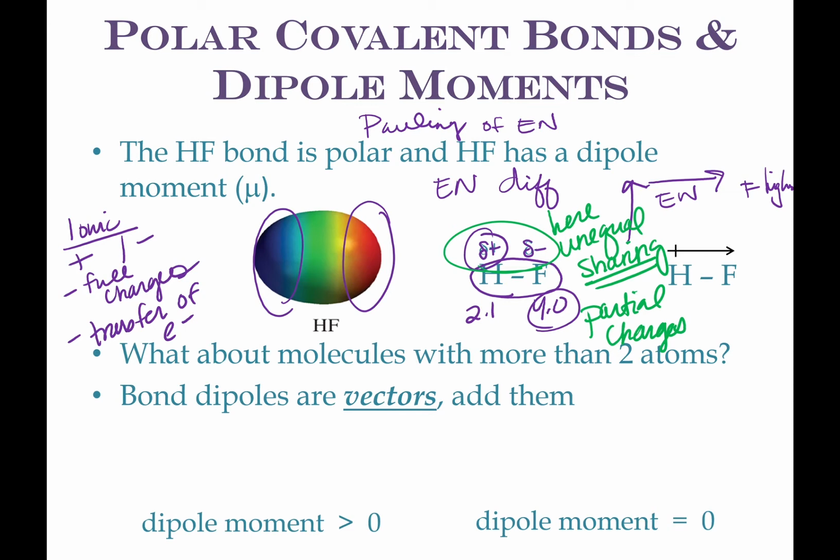Then what we do is we draw an arrow that says this end is the positive end, it's electropositive, and this end with the barbed end of the arrow is more electronegative. So it's going to get that barbed end of the arrow. This is called a dipole. So that is a dipole. So the dipole would point from hydrogen to fluorine, indicating that the electrons are being pulled toward fluorine or in the direction of fluorine. So if I asked you to draw a dipole for this molecule, you would draw what I have up here,